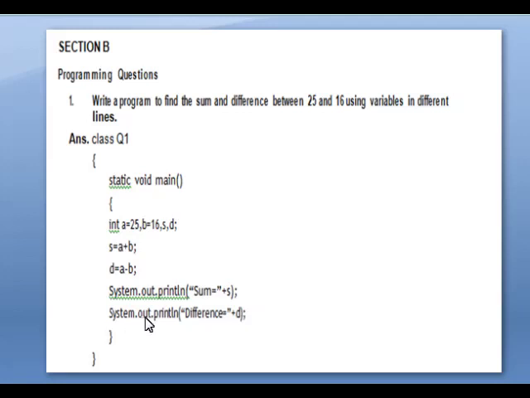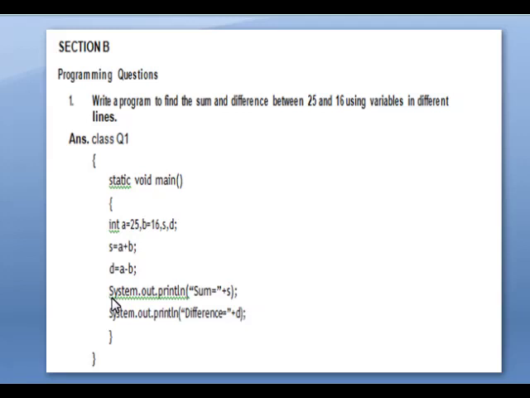Next, system.out.println of. Here also one thing you have to keep in mind, Java is a case sensitive language, that is, it differentiates the capital letters as well as the small letters, that is uppercase characters and lowercase characters. So when you are writing the program, wherever you have to use the small letters, you have to use the small letters. In the place of capital letters, you have to write the capital letters, otherwise you will get the syntax error when you are executing the program.